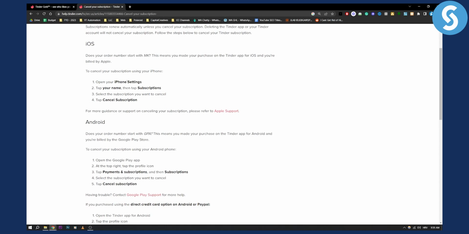So you'll need to open your iPhone settings on iOS and tap your name, and then you can hit subscriptions, and from there you can obviously go and uncancel or cancel the Tinder Gold subscription. Now if for some reason you don't see this, you need to go and contact Apple support if you purchased it from iOS. However, if you purchased it from Android, you need to go to the Google Play Store,